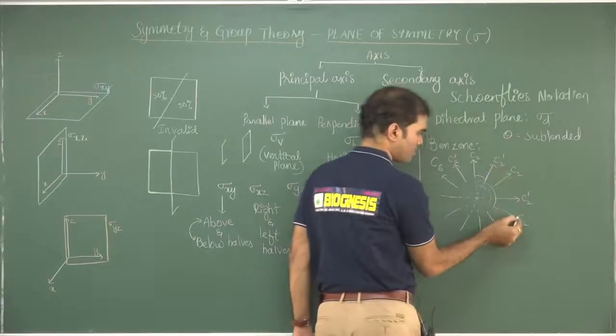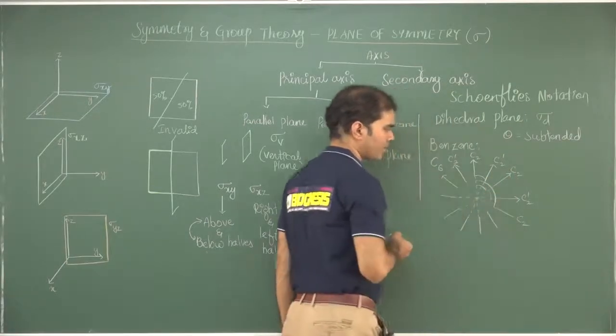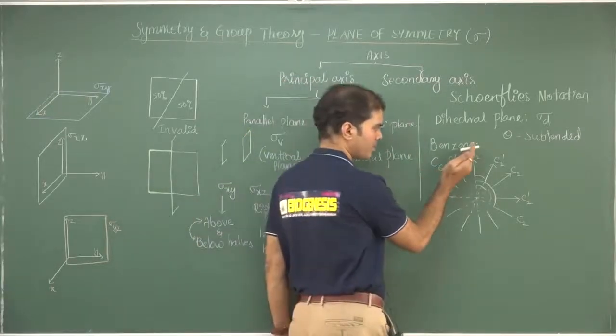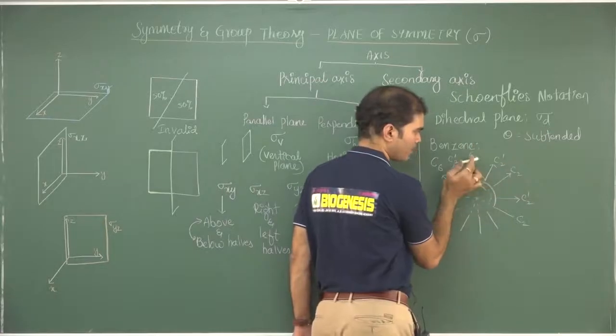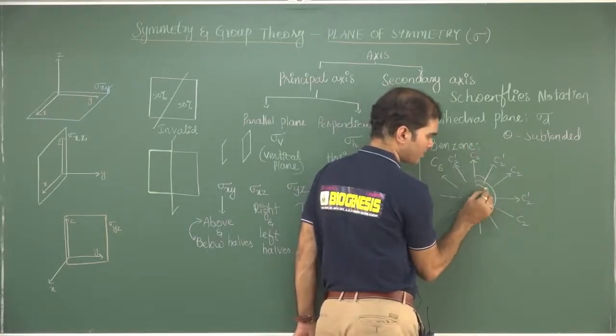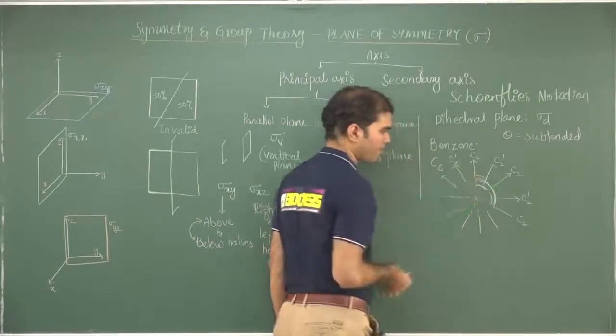When these C2s are similar, which angle should I take? This one or this one? It is again given in the definition. Consecutive C2s means the C2s that are one after the other, but not with a gap. So C2 and C2, this is the angle, or C2 and C2, this is the angle, but you should not take this angle. Completed.